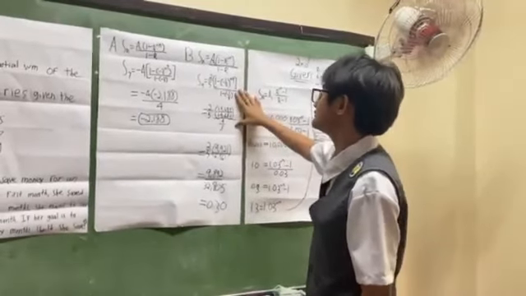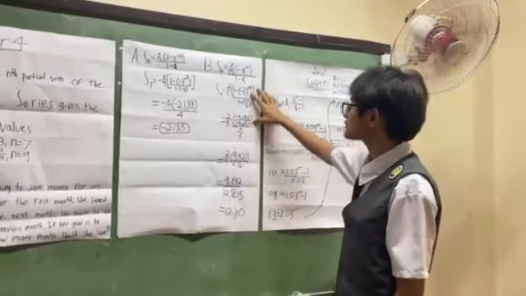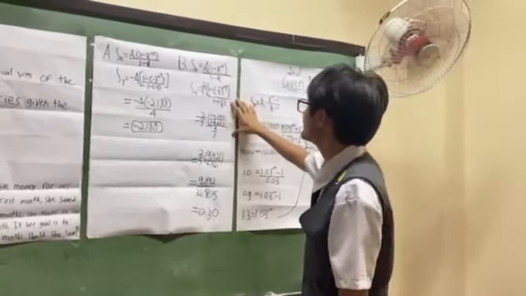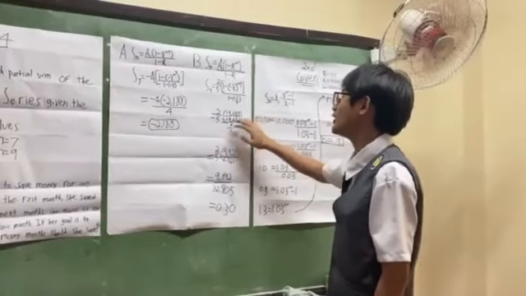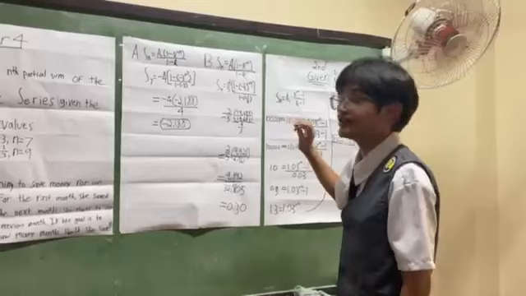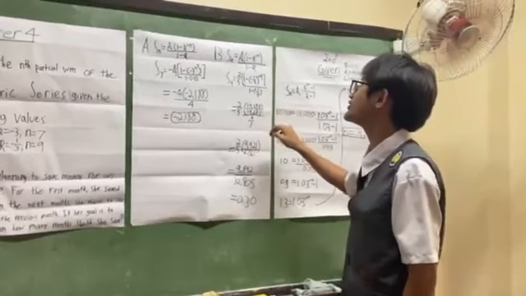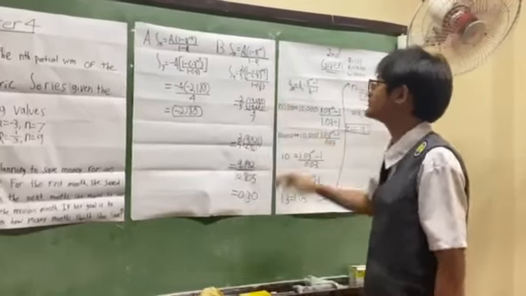And as usual, we simplify it. 1 minus negative 1/3 to the power of 9 is 19,684 over 19,683, divided by 4/3. To get 4/3, you must